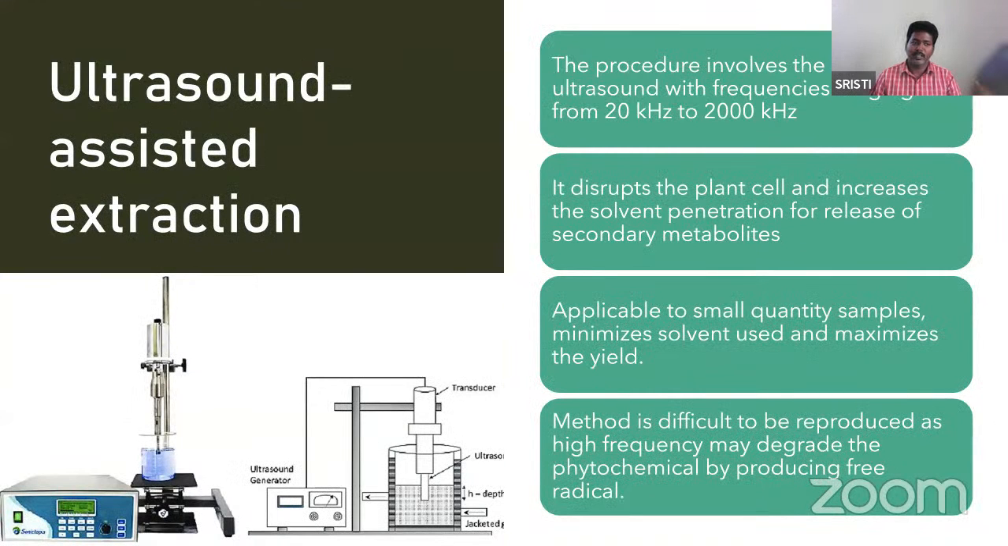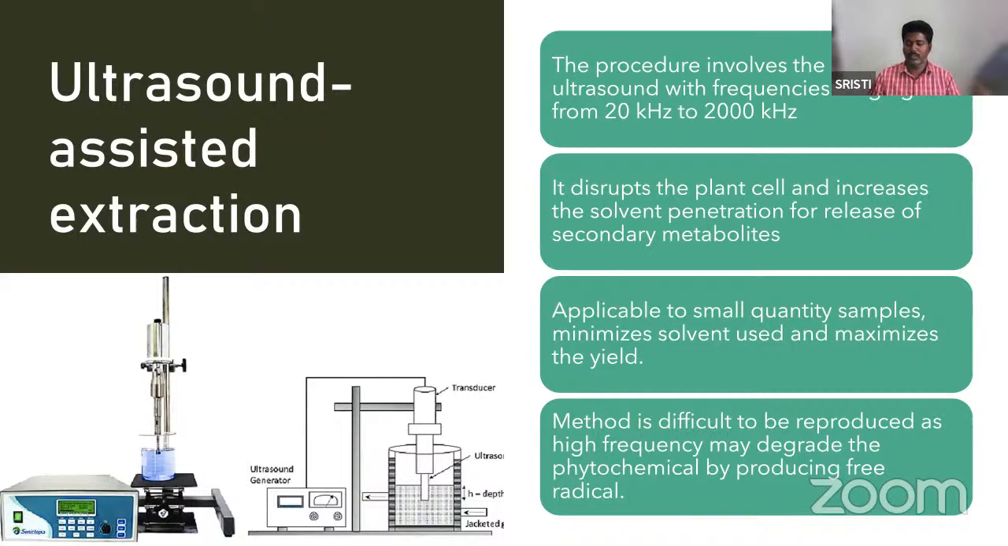And the next method is the ultrasound assisted extraction method. Here we use ultrasound frequencies in the range of 20 kilohertz to 2000 kilohertz. This ultrasound breaks the plant cell wall and increases the solvent penetration for the release of secondary metabolites. It is mostly used for small quantities of samples, minimizes the usage of large amounts of solvents, and maximizes the